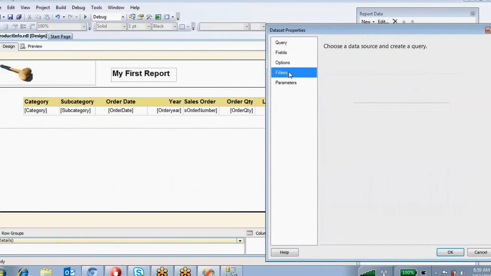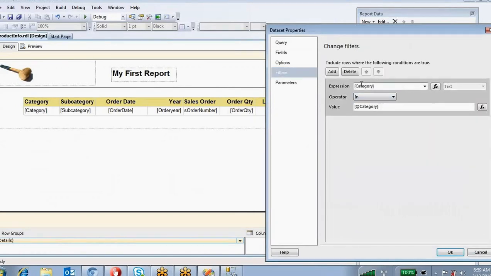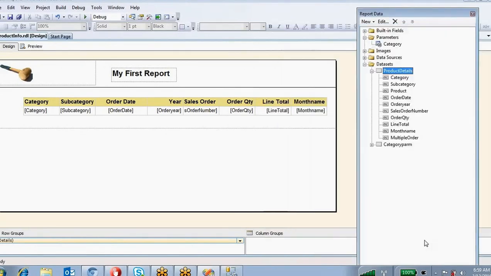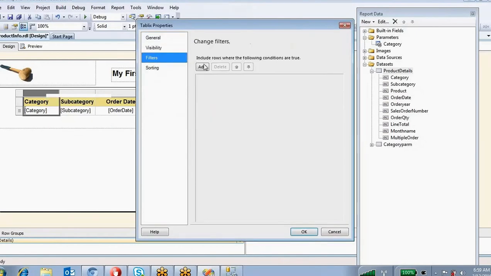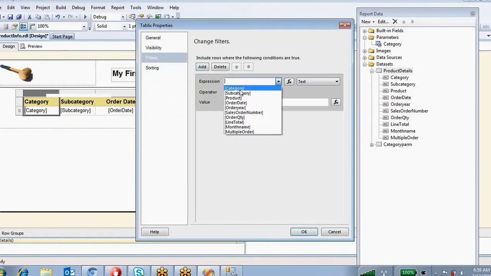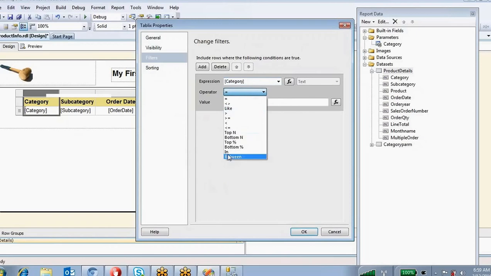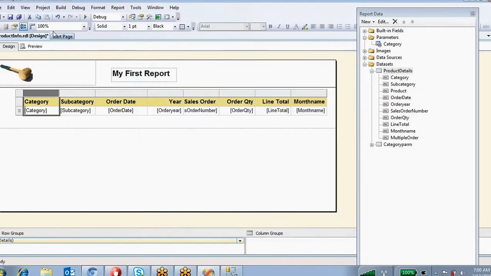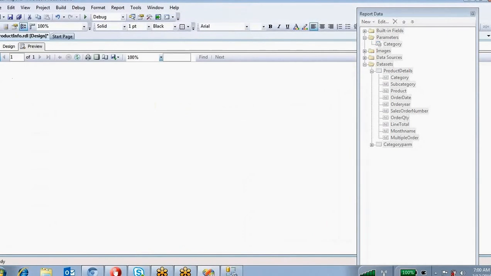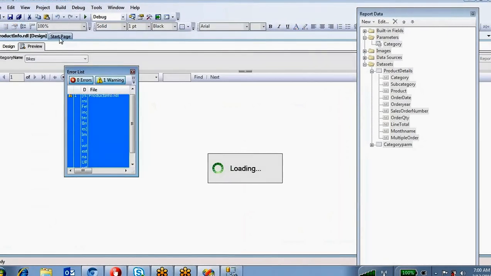So instead of applying the filter at the data set level, delete it, click OK. I want to apply this at the report level. Just right click, go to Tablix Properties, Filters, Add, category, In operator, and put the parameter. Preview it. So now it is filtering at the design level, not at the data set level.